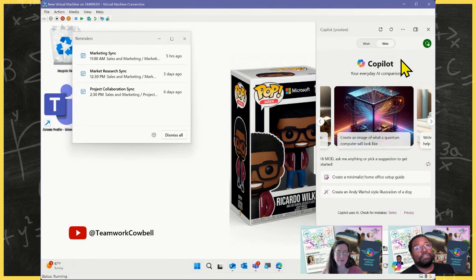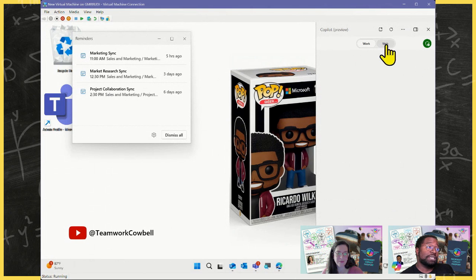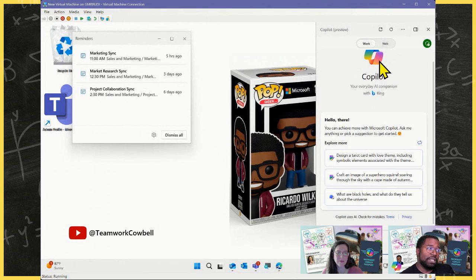If you do have Microsoft 365 Copilot that you can use at work, you see this toggle here, and I can switch to the work one. The difference is that this Copilot is part of my subscription and is able to interact not just with the web, but also with my work things: my emails, my documents, my Teams meetings, things like that. And when I hover over the green tab here, it says Microsoft Enterprise Compliance Standard.